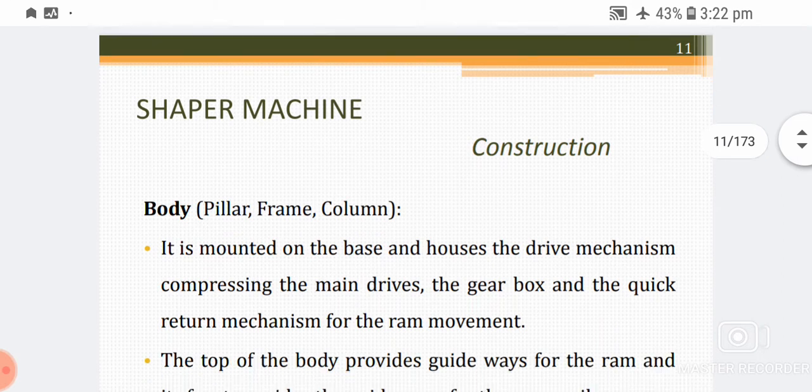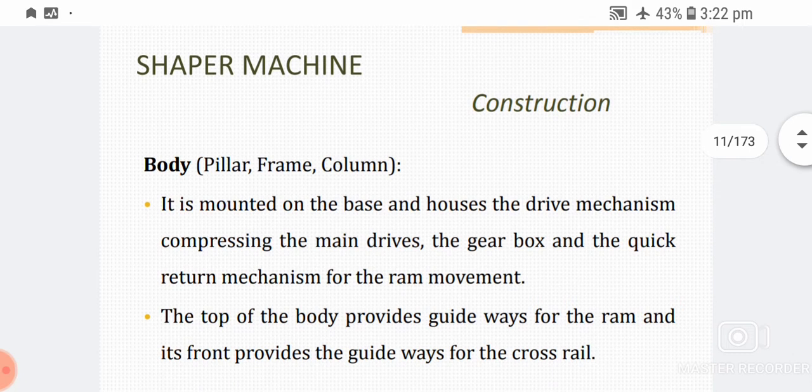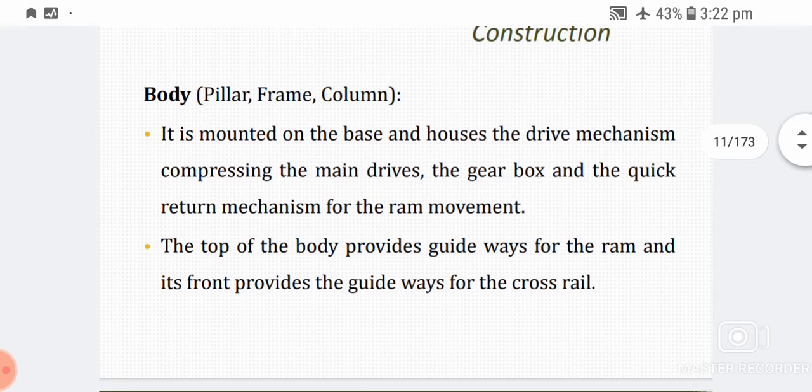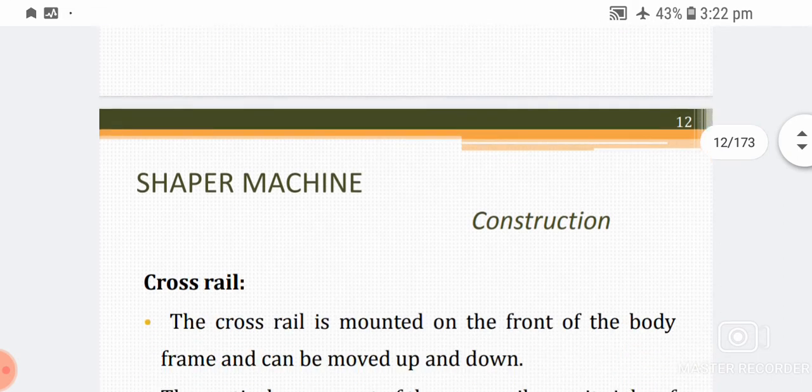Body, pillar frame, column: it is mounted on the base and houses the drive mechanism comprising the main drive, the gearbox and the quick return mechanism for the ram movement. The top of the body provides guideways for the ram and its front provides guideways for the cross rail.